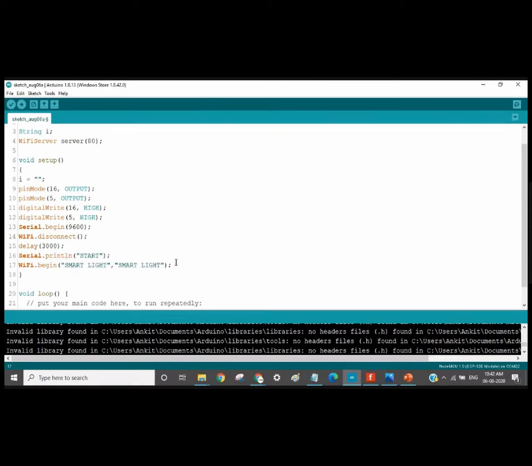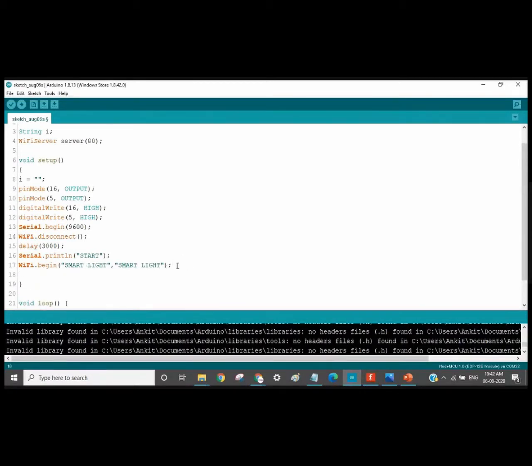It will connect to your phone. Even if there is no internet, it can be operated. If you have internet, internet will not be used. If you don't have internet, then also it is okay because it is a local server application. So WiFi.begin will connect your device to the specified Wi-Fi SSID.